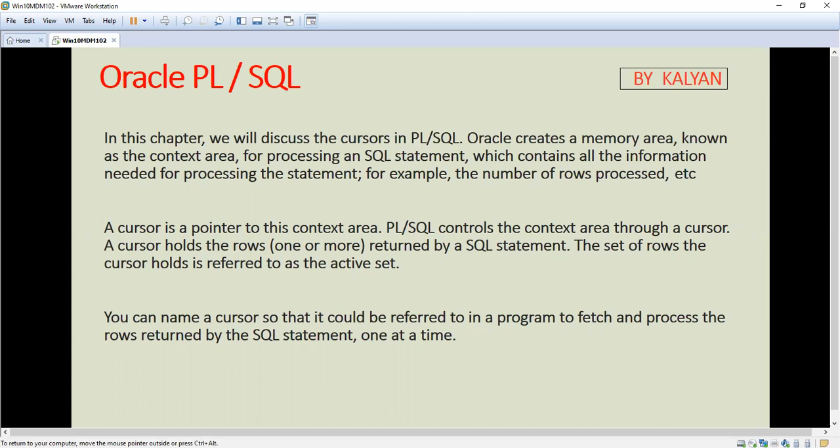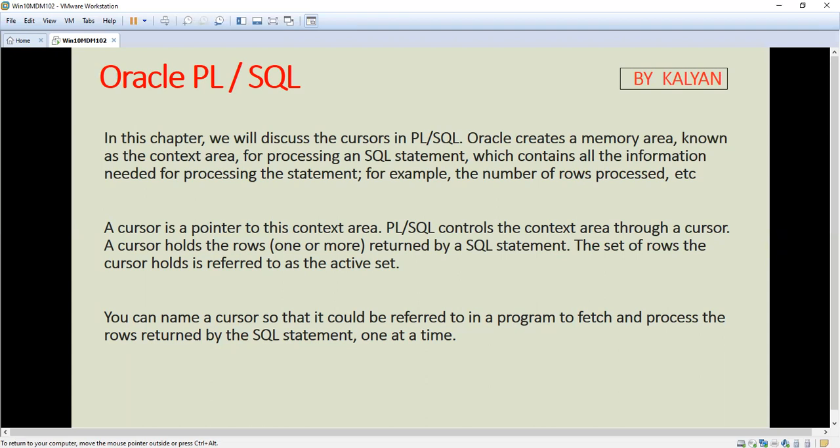If you get around 10 rows, 10 records, we need a memory area where they will be stored. That is the context area. For example, it holds the number of rows processed, etc.